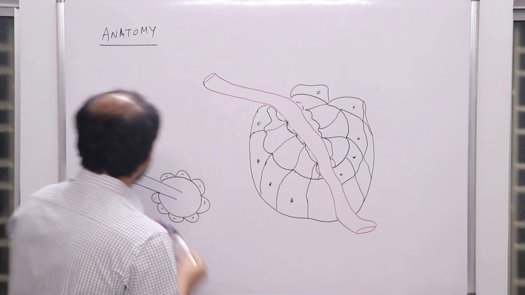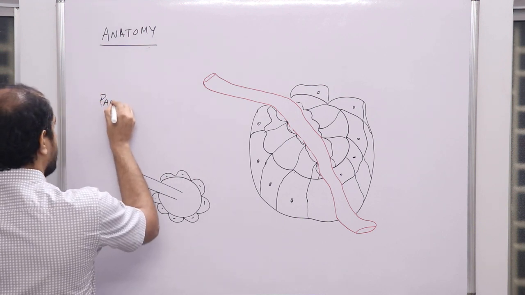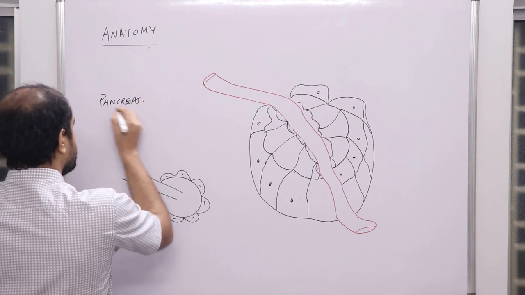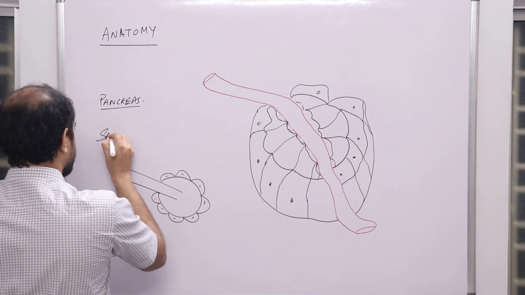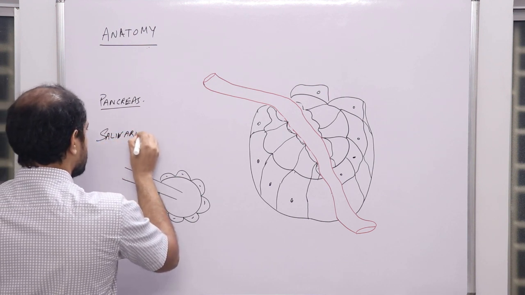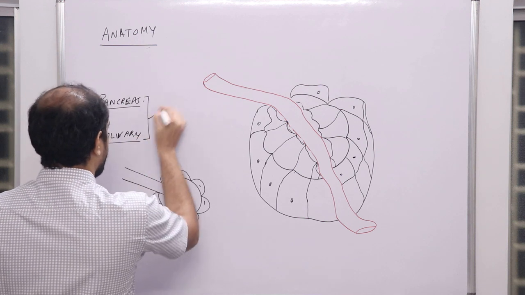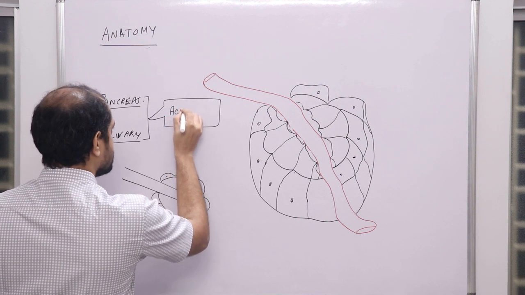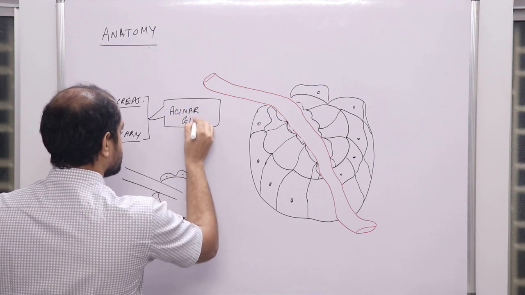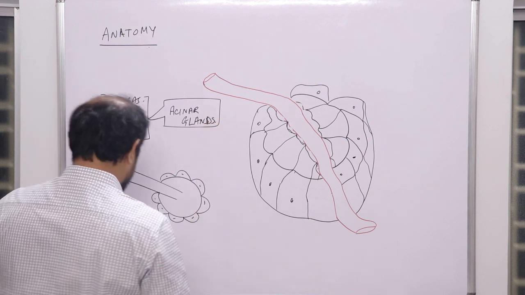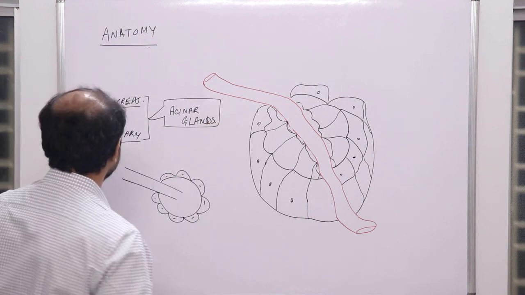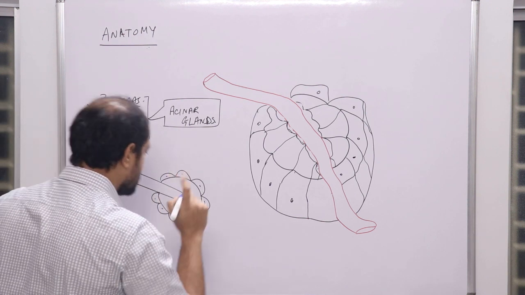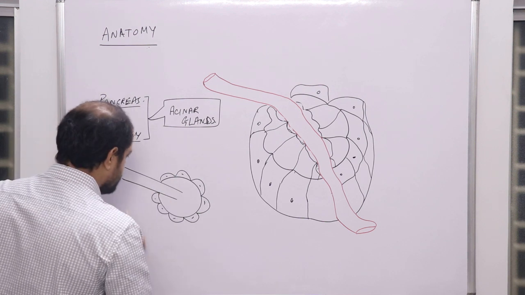Now pancreas is an acinar gland, as well as salivary. Salivary is also an acinar gland. So what's the difference? Both are acinar glands. Can you tell me what's the difference? The difference is that both pancreas and salivary, though they are acinar glands, have a specific difference, and the difference is the